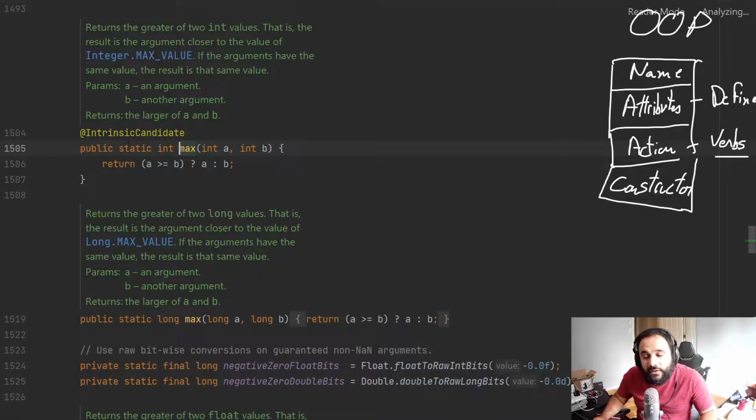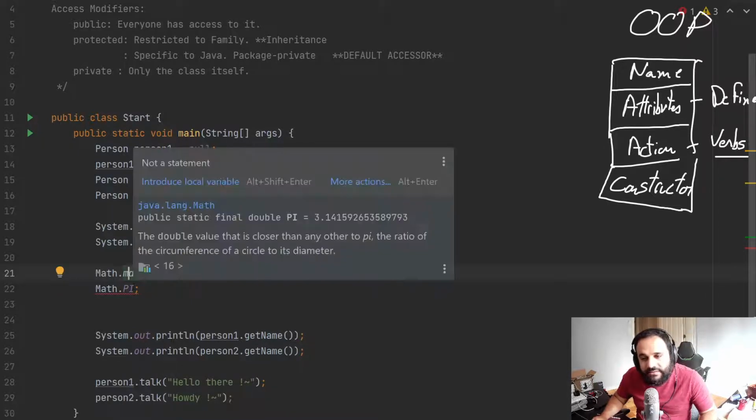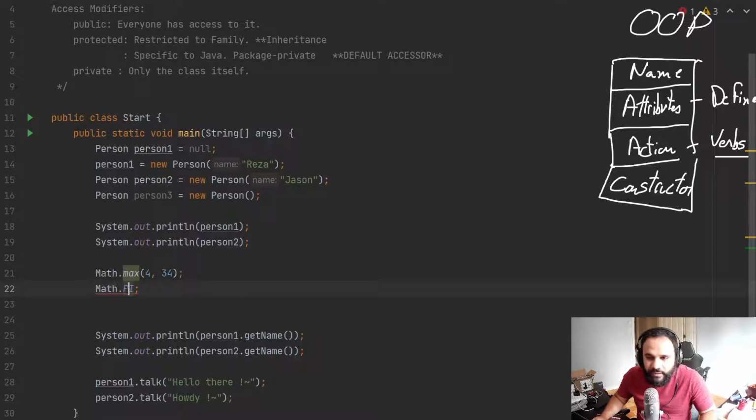and we could see how it's being done. You could see the word static there. And all they're doing is basically saying if A is bigger or equal to B, we'll then return A, otherwise return B, right? Same thing goes with a class field, right? A static field is also called a class field. If we hold down Control and click on pi,